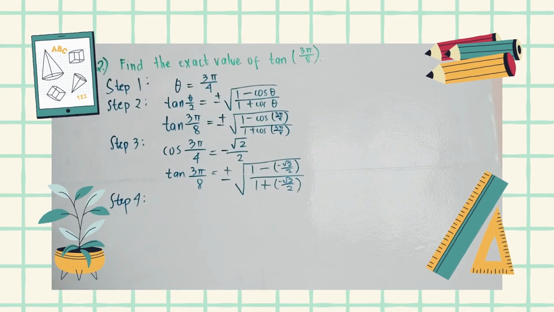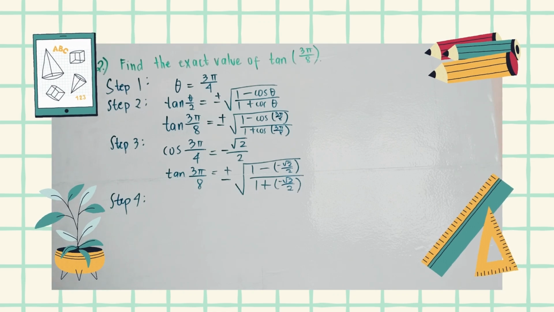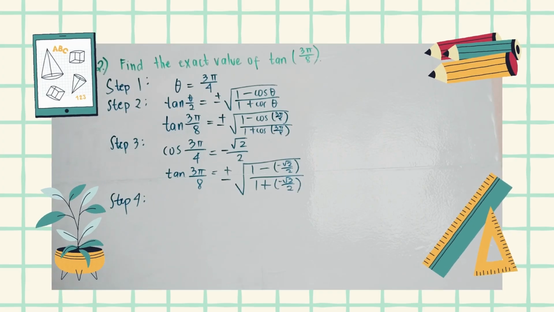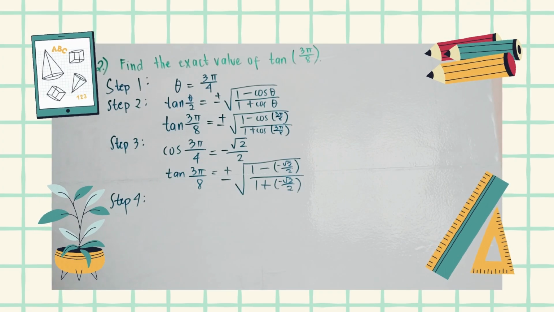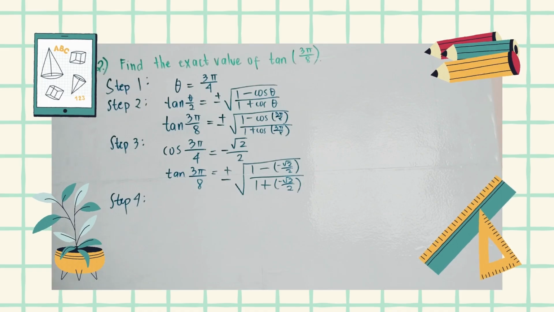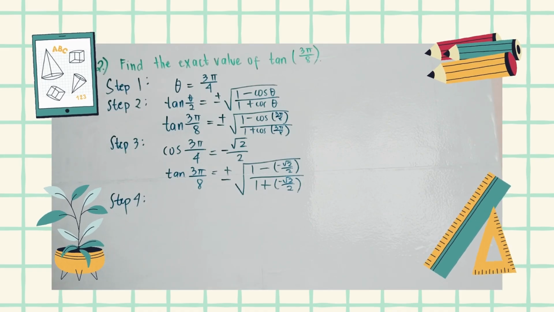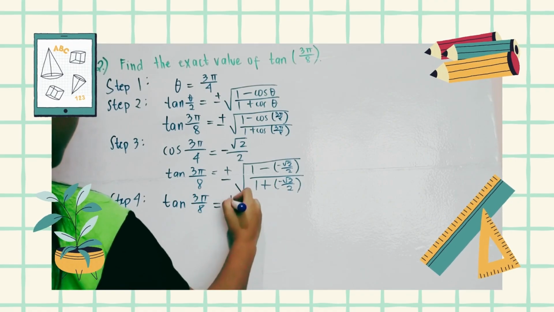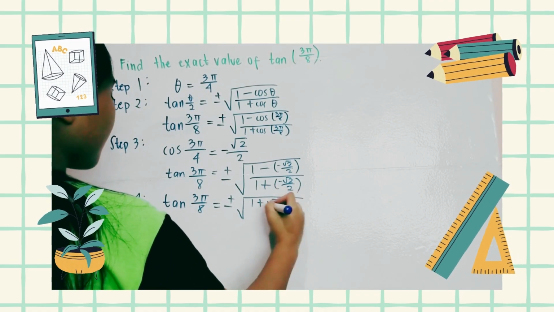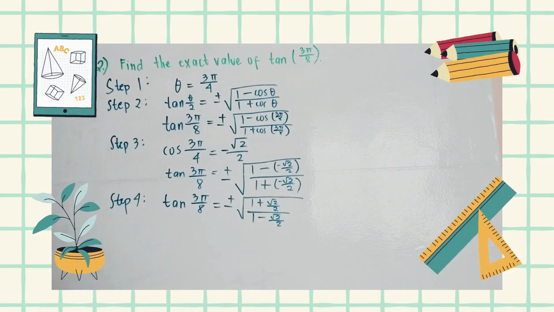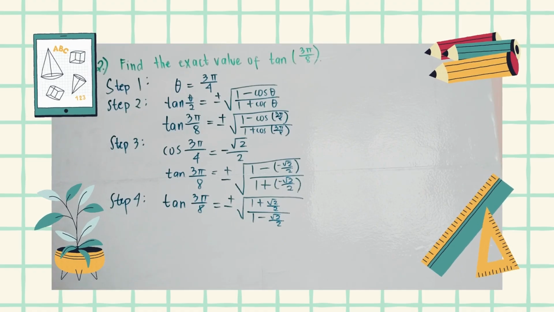For step 4, let us simplify the expression. Start by simplifying the numerator and denominator. For the numerator, 1 minus negative square root of 2 over 2 is equal to 1 plus square root of 2 over 2. While for the denominator, 1 plus negative square root of 2 over 2 is equal to 1 minus square root of 2 over 2. So we have, to simplify, rewrite 1 as 2 over 2 for both parts. So we have here